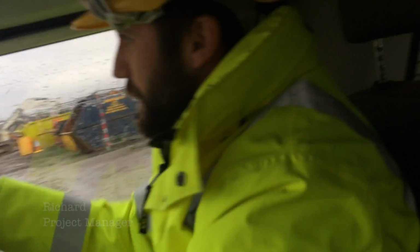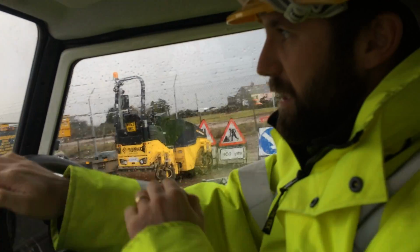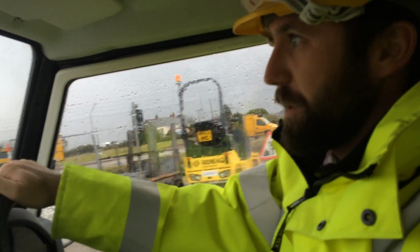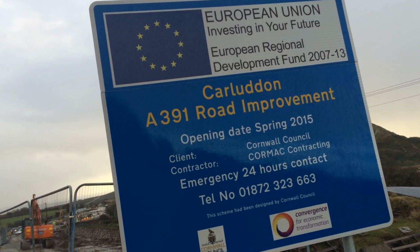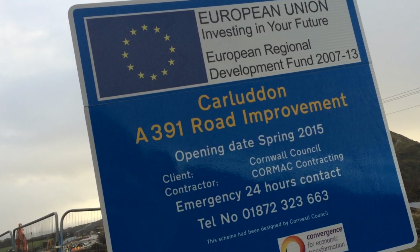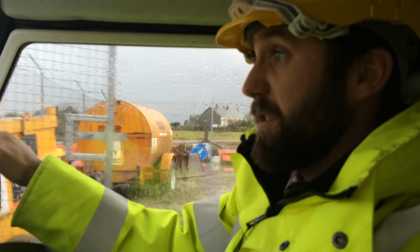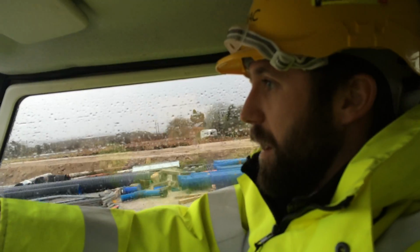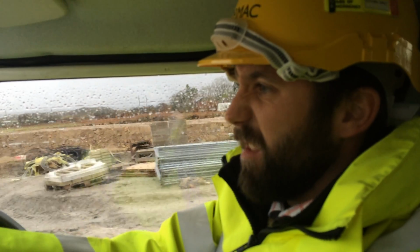Okay, this is the A391 road improvement. We're currently building about 1.6 kilometres of new road and 2 new footbridges and footways and bridleways that link it all together. We're currently about halfway through the construction and we're due to finish on the 30th of June next year. The background to the project really goes back a long way,